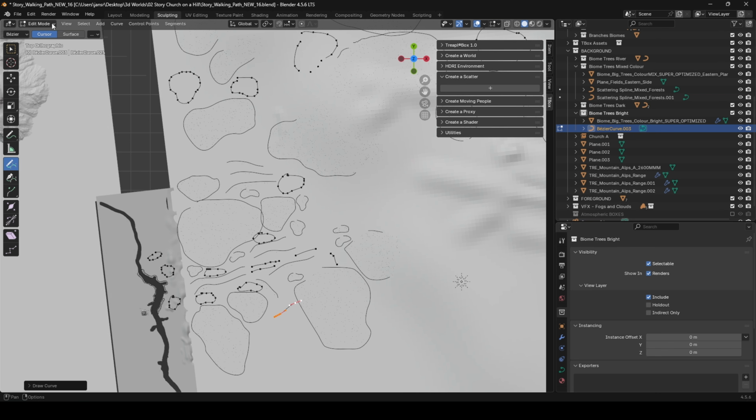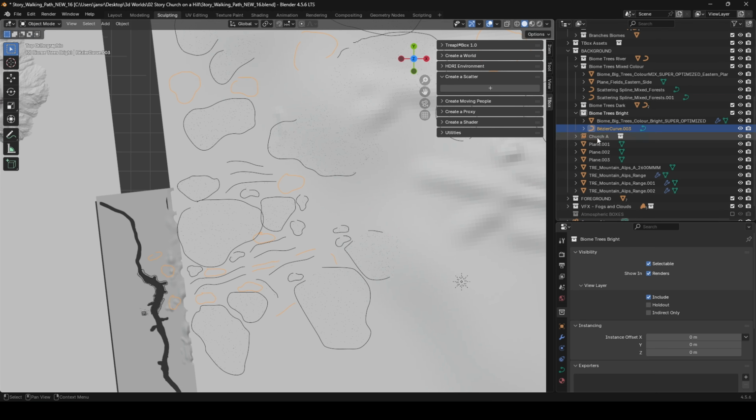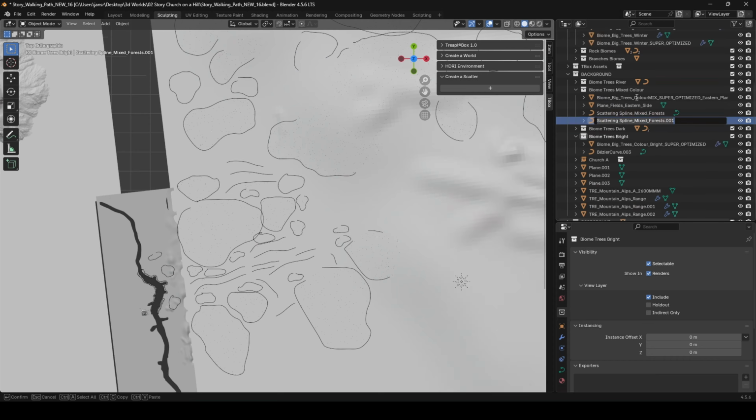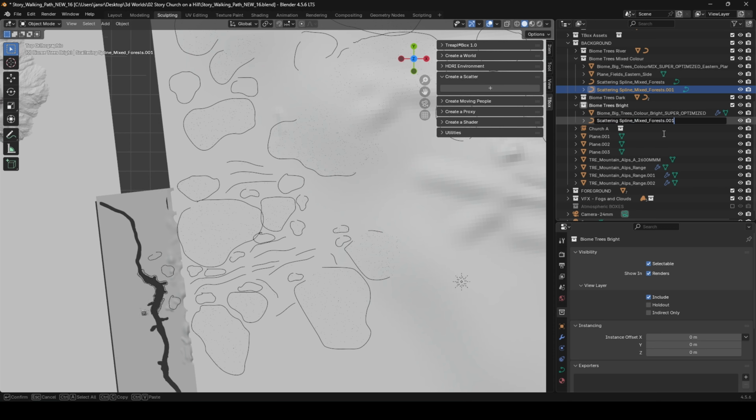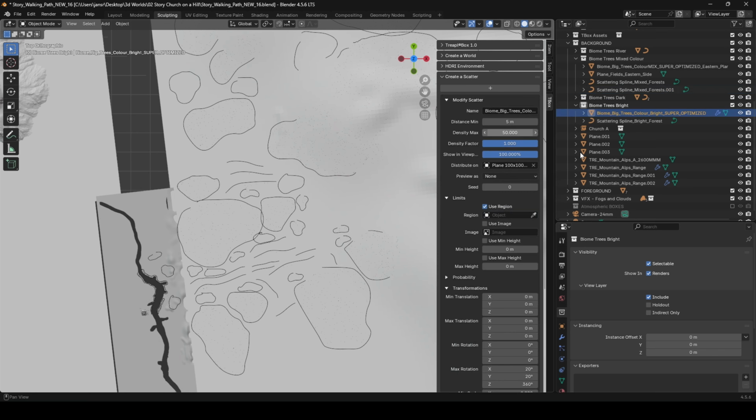Okay, so go to object mode. Let's call it scattering spline bright. I can select this one here, and again switch distribute on off. First pick the region, it's important, otherwise you will wait when you don't want to wait. Change the distance to 10 meters, even 15, so that we don't have to wait so long. Density, let's change it to 20, and distribute